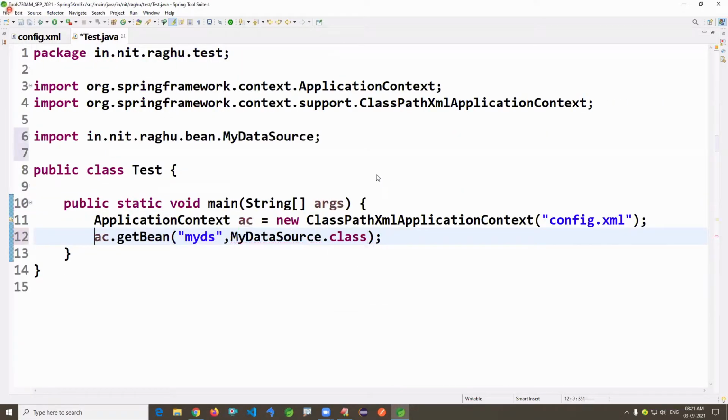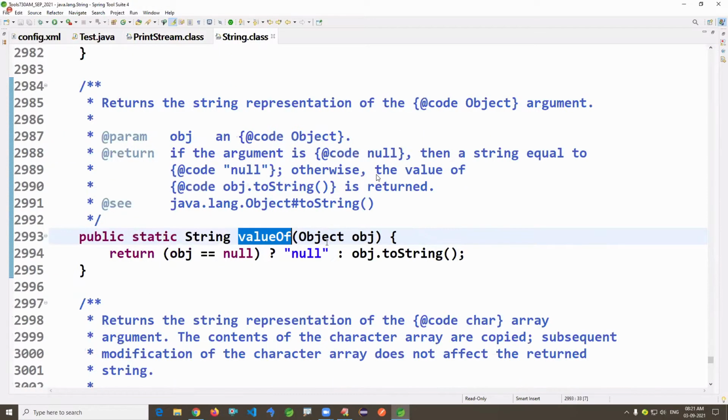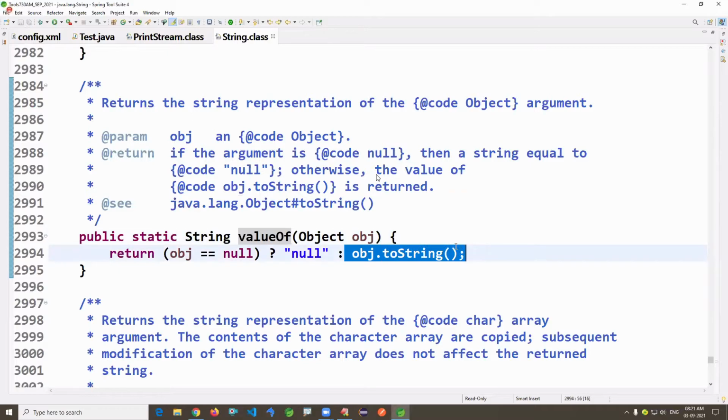It returns the same object here, it's ds. And just print the ds. It will internally call the toString method. If you want confirmation, go to the println method, valueOf, there it will call toString. The Object class toString method is called.